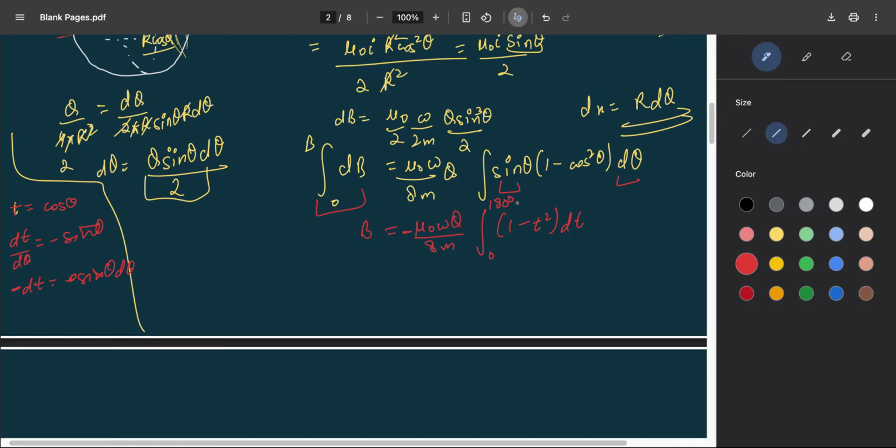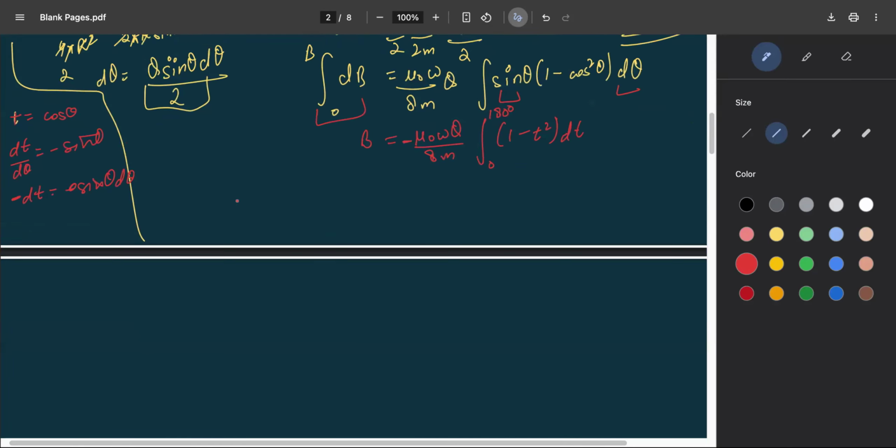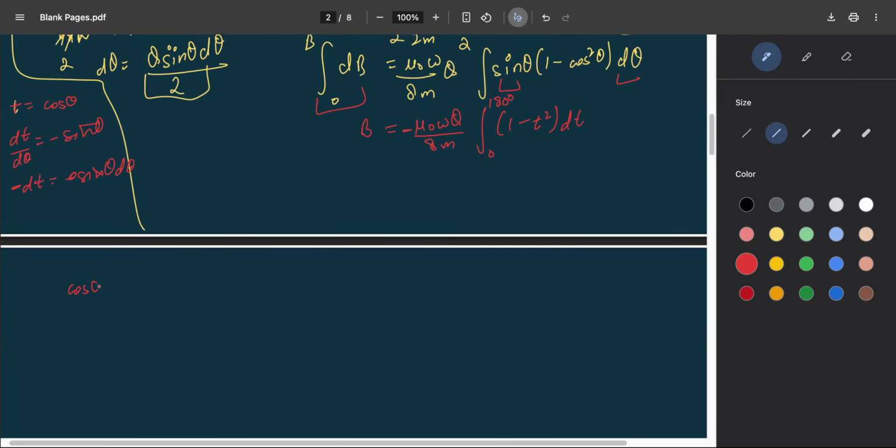Or if you want to keep directly the limit of t, in that case you need to substitute the limit. How can we see that? Cos theta is equal to t, right? So when theta is 0, because we are going from 0 to 180 degrees,